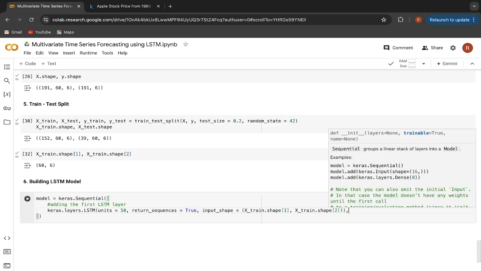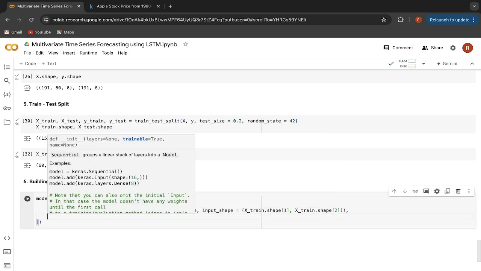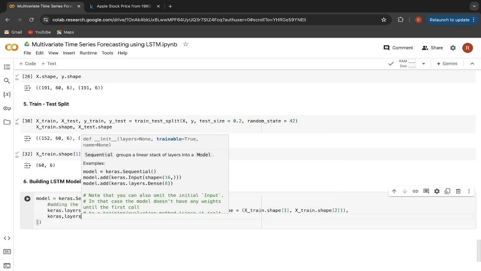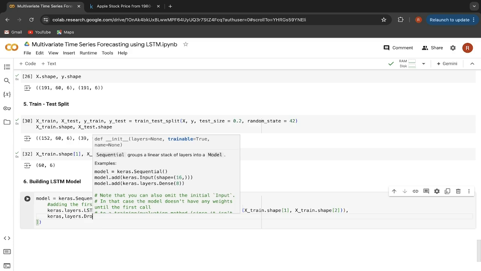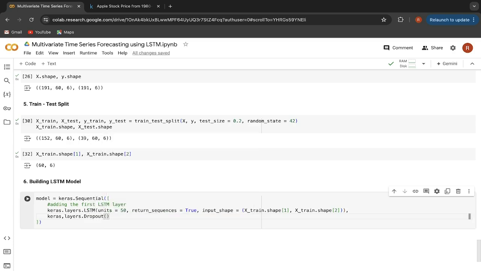Now after this, before adding the next LSTM layer, we are going to add an intermediate dropout layer to handle the overfitting phenomena. So let me say here Keras dot layers dot Dropout. This layer will help us manage the overfitting. You can specify any dropout rate here. Let it be 0.3, which means from every LSTM layer it will switch off a random 30% of neurons so that the model can randomize. Fine. So this was the first combination of LSTM layer as well as the dropout layer.